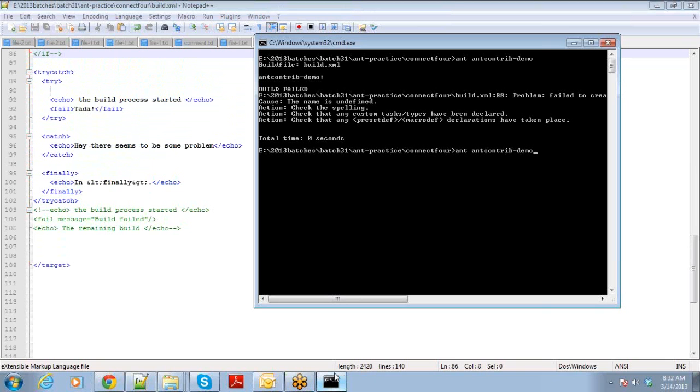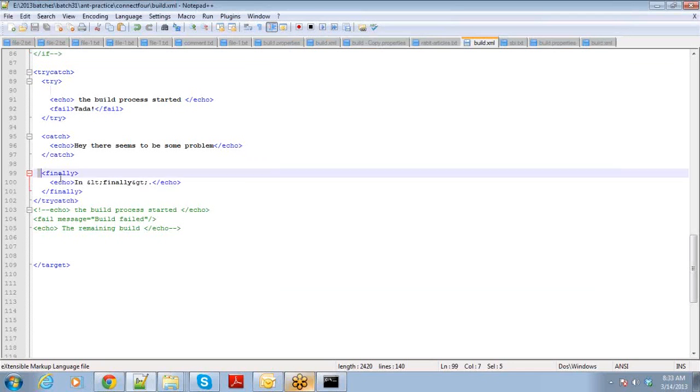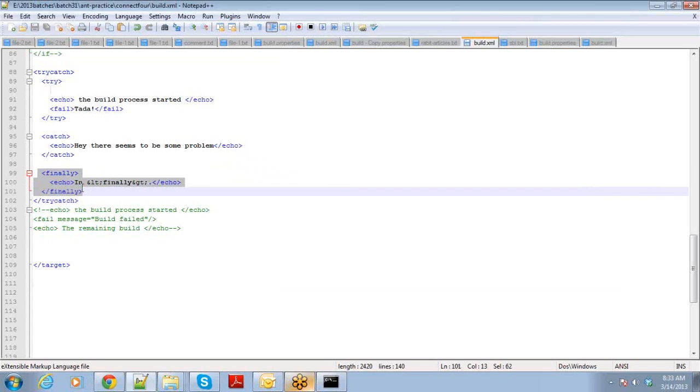What will happen? Let us see. Now you can see the build process started. There is failure, but build is not failing there. It has caught that it is going from try into a catch block. Whenever any failure occurs, it will move into catch block and it will print that condition and print the statements whatever you want to put, and then it will go and execute a finally block. Even when exception occurs or not, the finally block will be